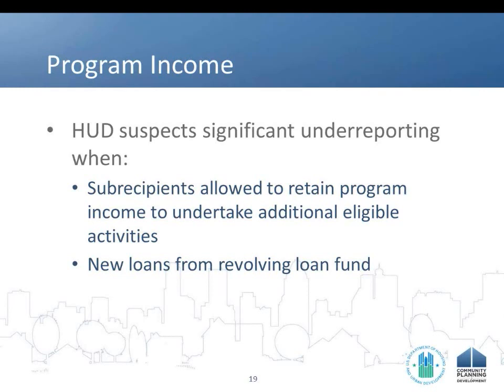So if you do have a program where your subrecipient is allowed to keep that program income, and then they carry out additional activities, you need to set up another activity in IDIS or basically use an existing activity in IDIS to capture the accomplishment for that additional funding. Okay, so if you have a program and the subrecipient, let's say you gave them $100,000 to rehab 10 houses, and then you allow them to recapture the repayment and do 5 more houses, you have to make sure that IDIS captures the data for those